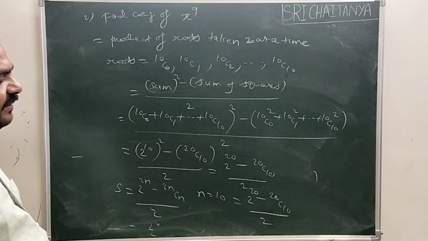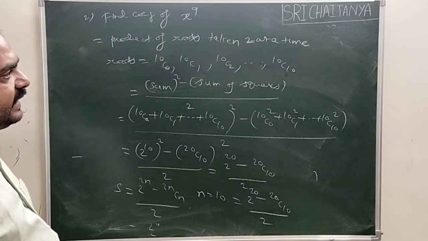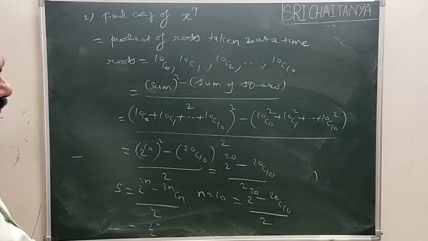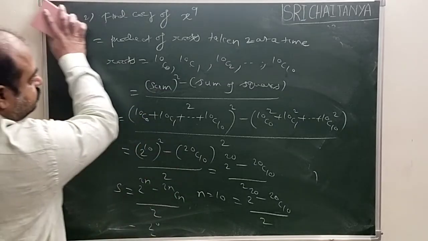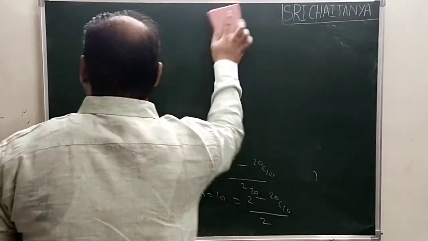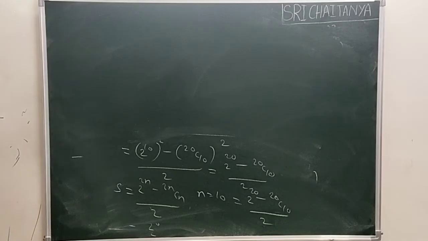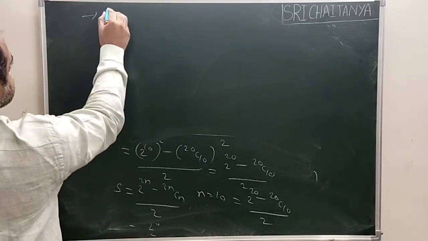Right? Second highest degree means minus of the sum of the roots. Third highest degree means product of those roots taken 2 at a time. Whatever the roots are, you calculate, and then you write this. One more problem is there, look at.